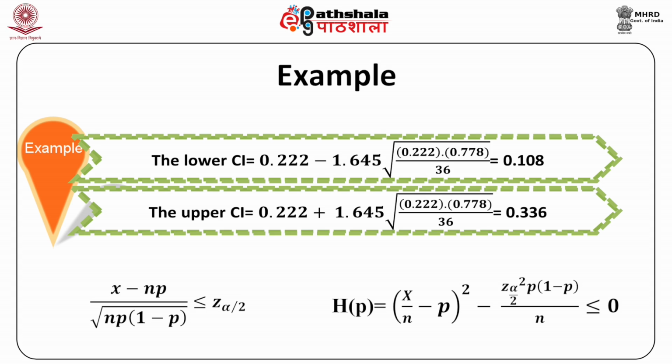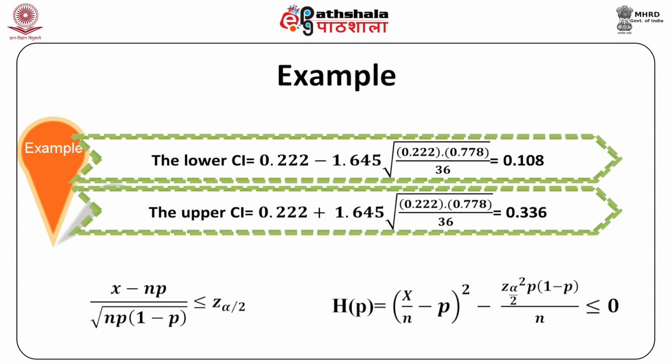The lower confidence limit is equal to 0.222 minus 1.645 times the square root of 0.222 times 0.778 all over 36, which is equal to 0.108. The upper confidence limit is equal to 0.222 plus 1.645 times the square root of 0.222 times 0.778 divided by 36,